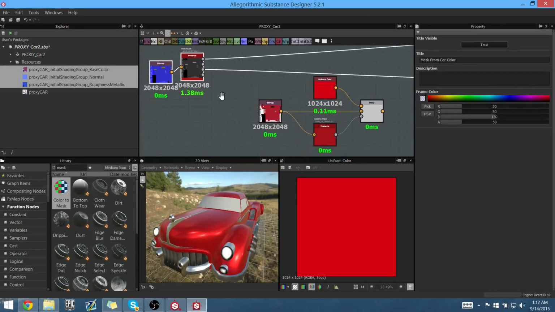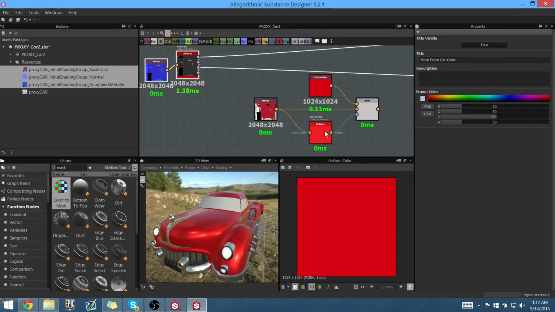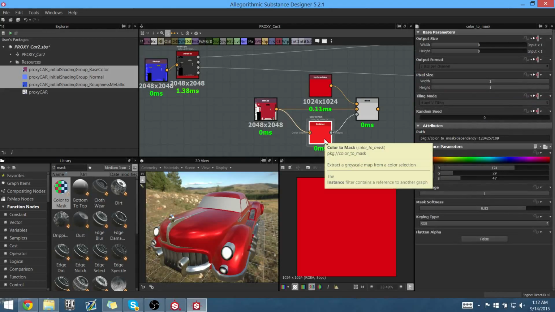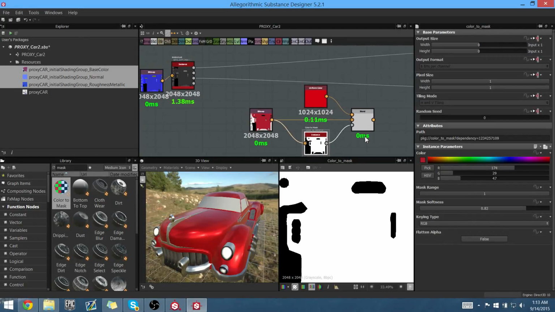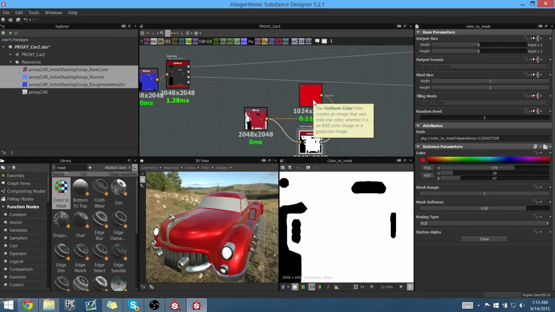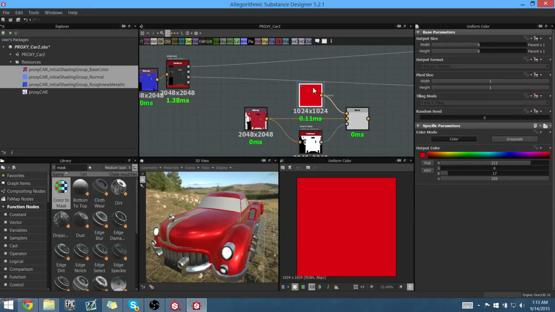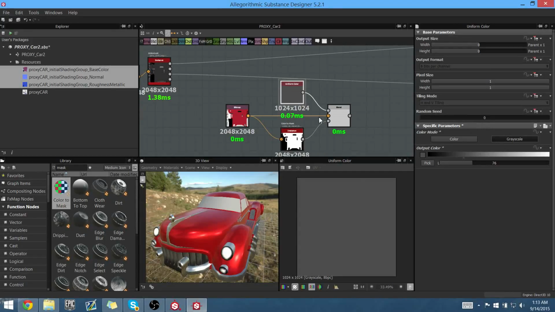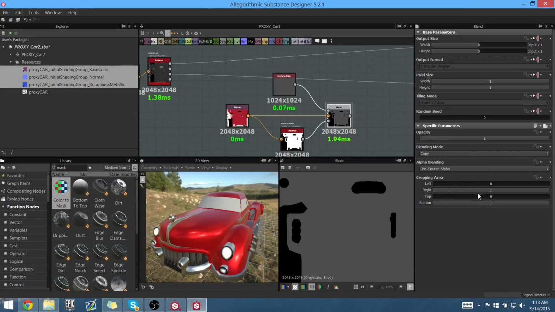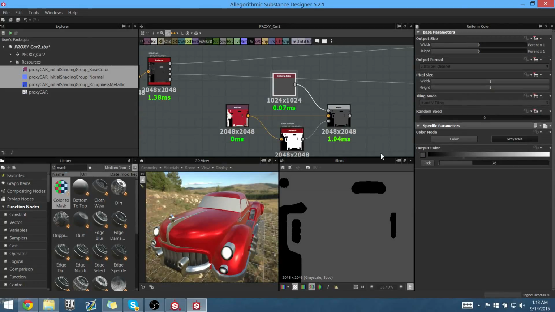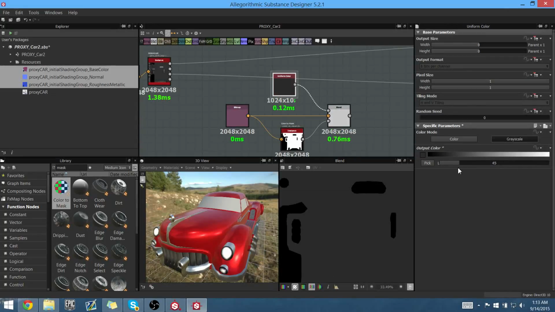And we're going to need a few changes here. So our color to mask is going to be driven the same way. It's still being driven by this color since it's the paint coat. And for our constant color, we don't really need to have colors change. Instead, we should just switch this to grayscale since we're only going to be dealing with black and white grayscale maps. So now this color will only be filled, and as we change out our black and whites, it'll update how rough or how